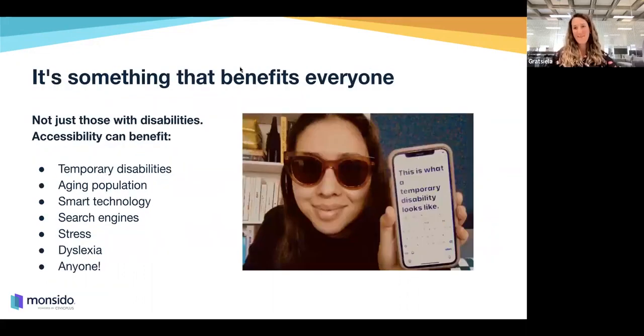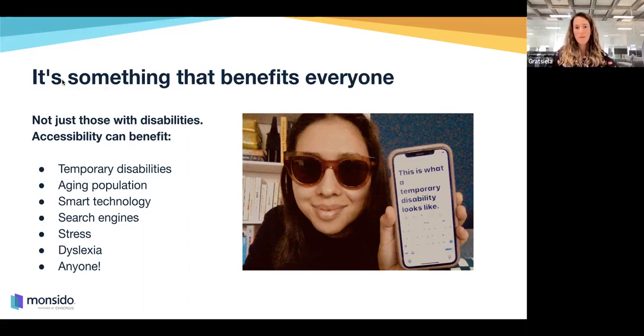And this is an example that we love to give, because what we love to say is accessibility does not benefit just people with disabilities. It affects everybody, all users, because at the end of the day, a temporary disability could happen to every single person in the world. In different stages of your life, you could maybe break a hand or a finger, and this will force you to find different ways of using